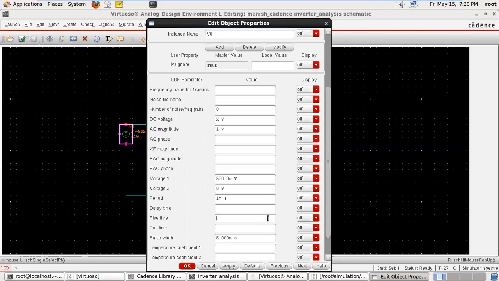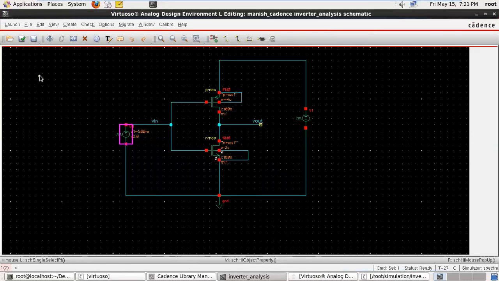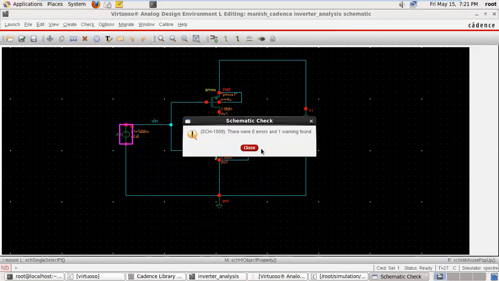For a 1 millisecond period, the pulse width should be 0.5 millisecond. So the duration of the pulse width is 0.5 millisecond, so this is 500 microseconds. Okay, apply. Now save, check and save.